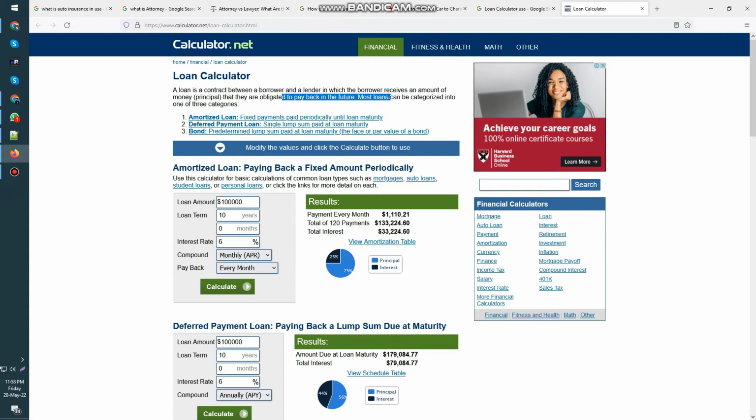Most loans can be categorized into one of three categories: